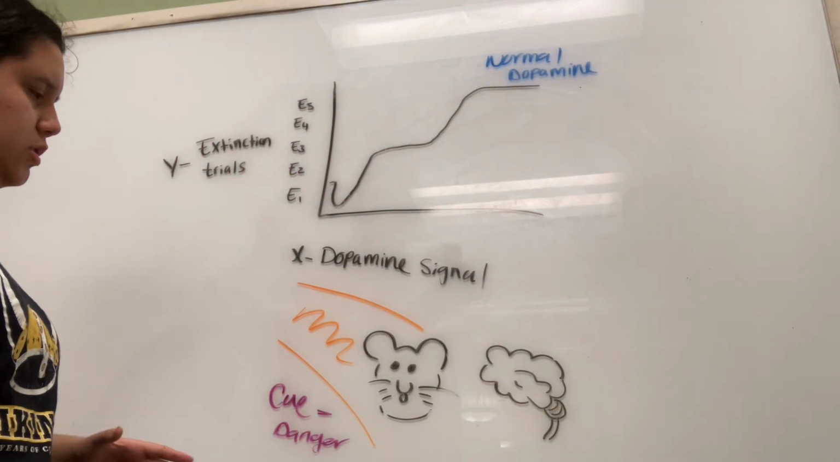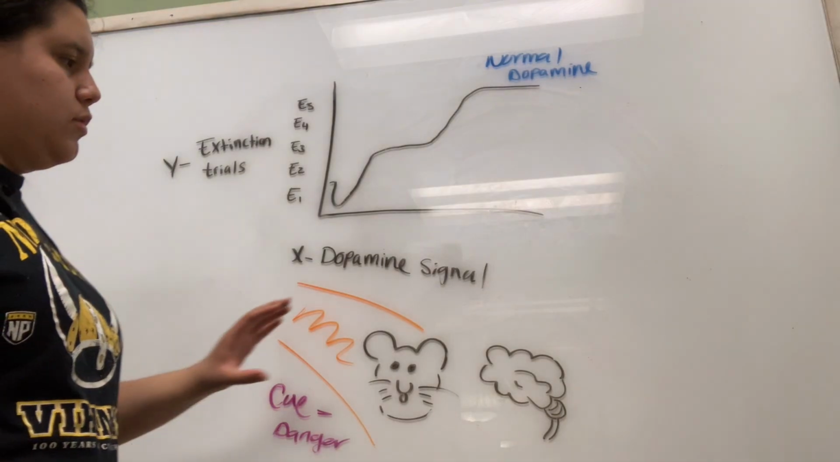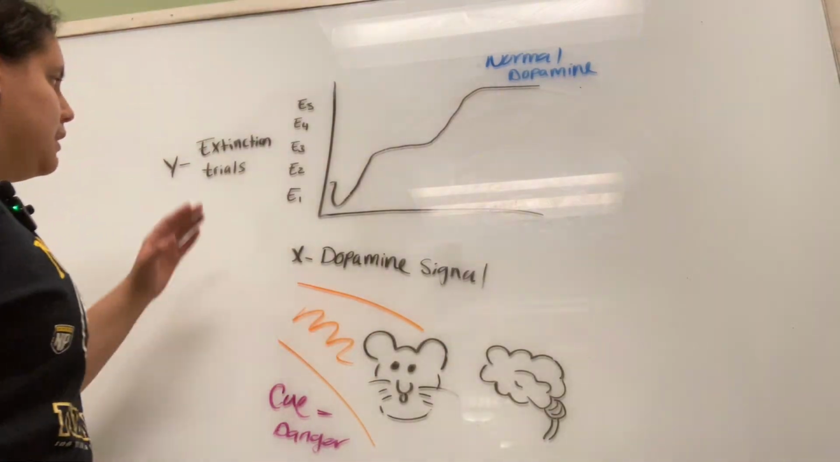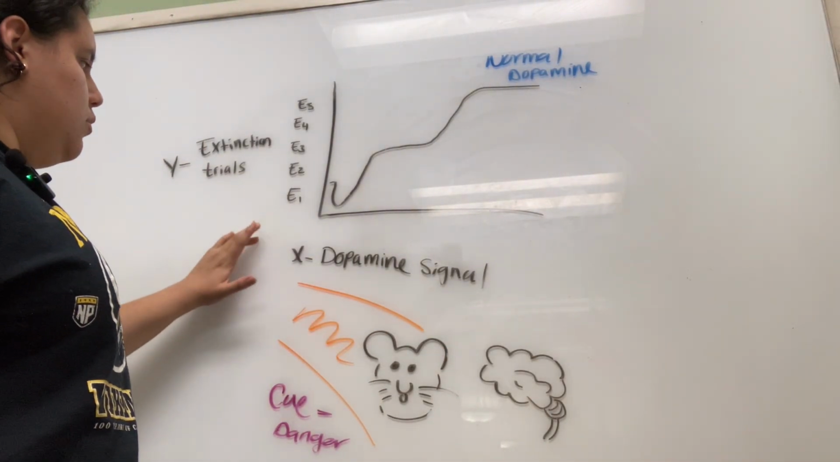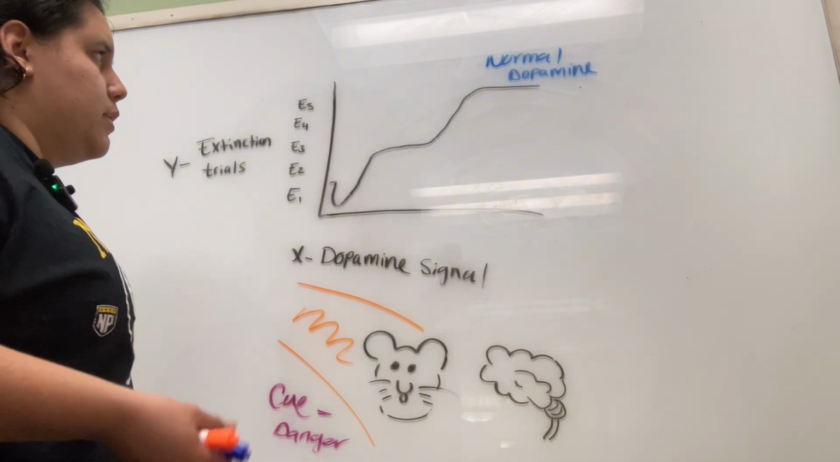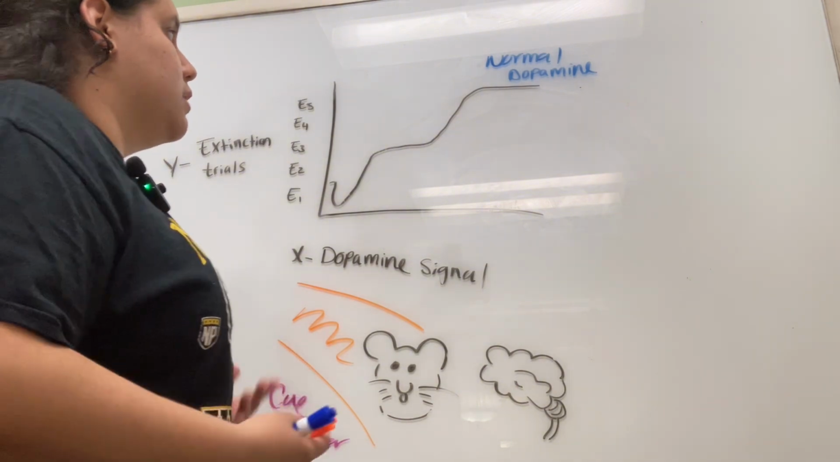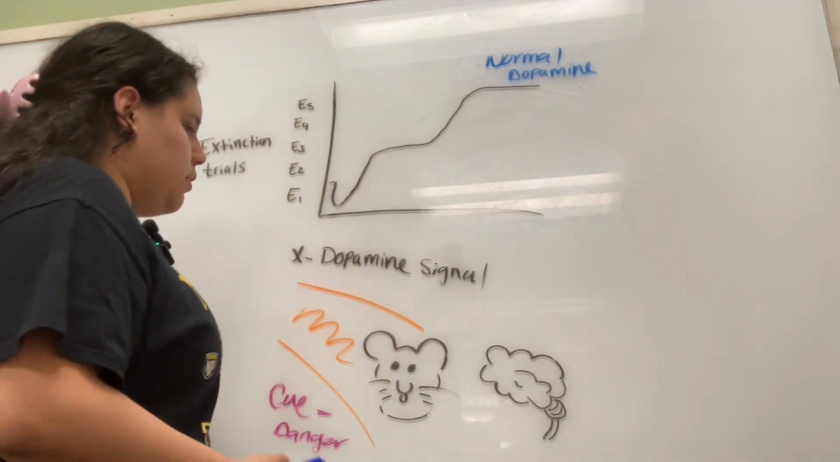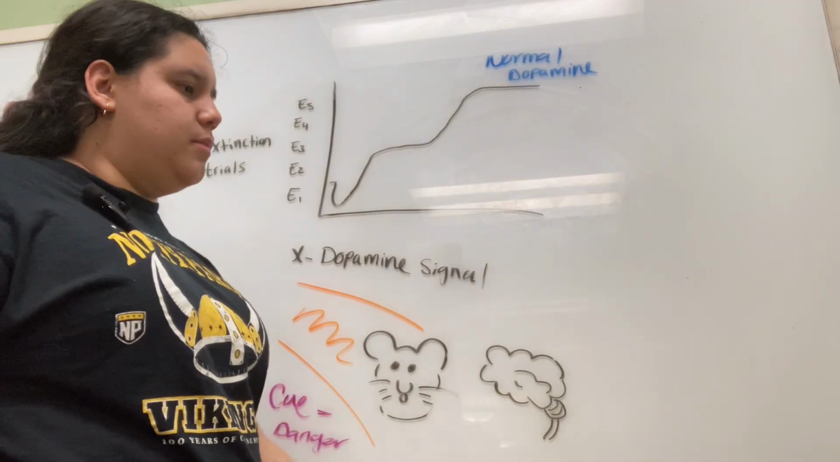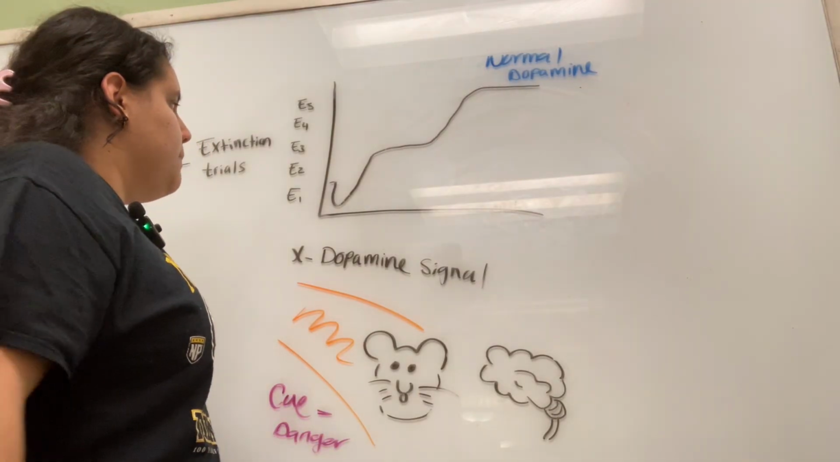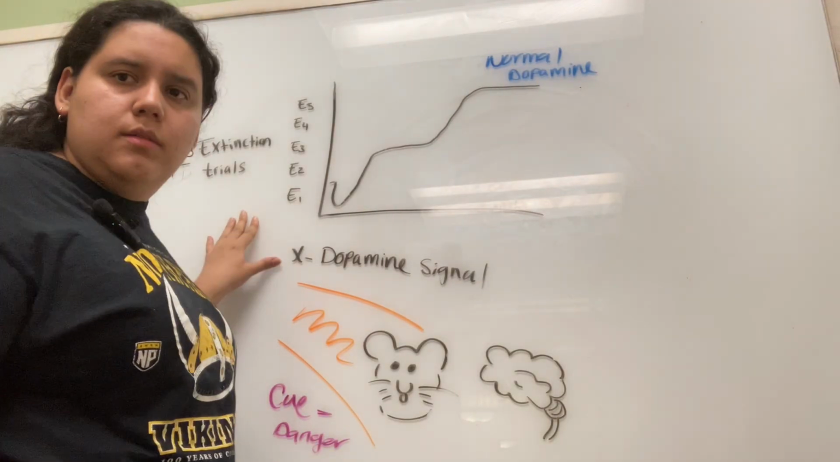This goes to show that, again, we're learning about the brain, and we learned that extinction trials are more of a learning process for the brain. The researchers got to experiment more, and they got to learn more about how the brain works and how the dopamine levels contribute to this, which is my